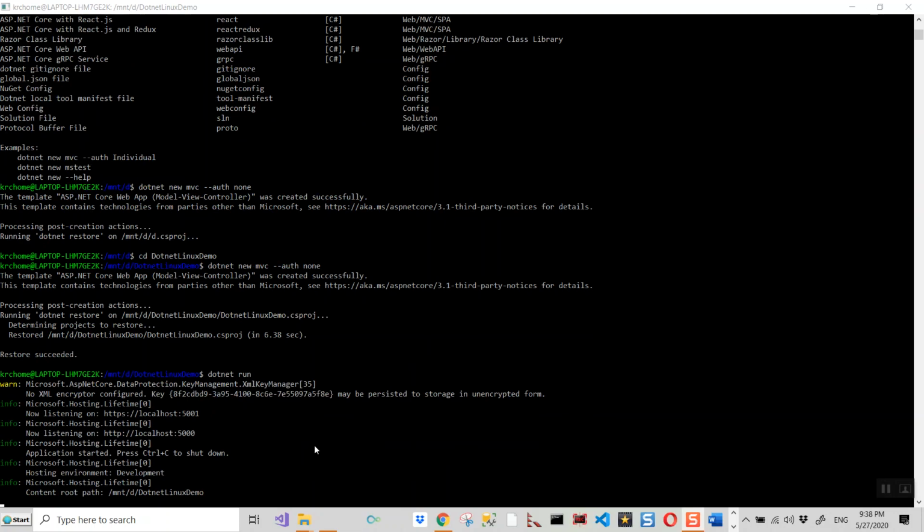So it's already listening on localhost port 5001 for HTTPS and port 5000 for HTTP.